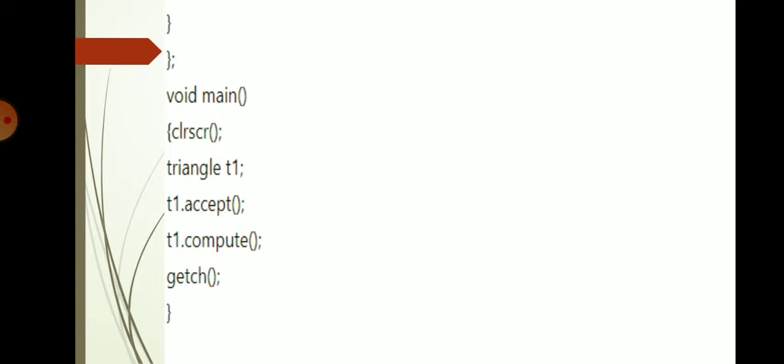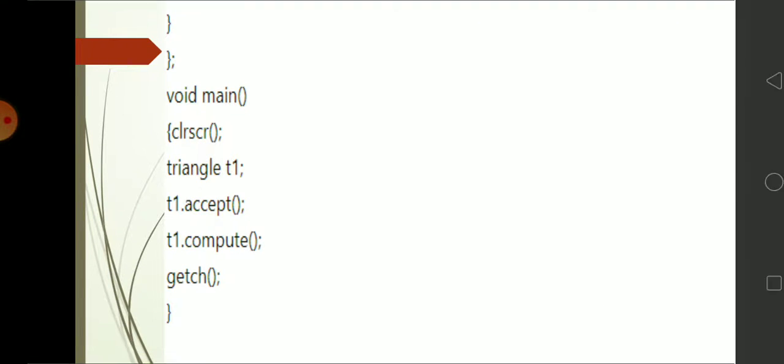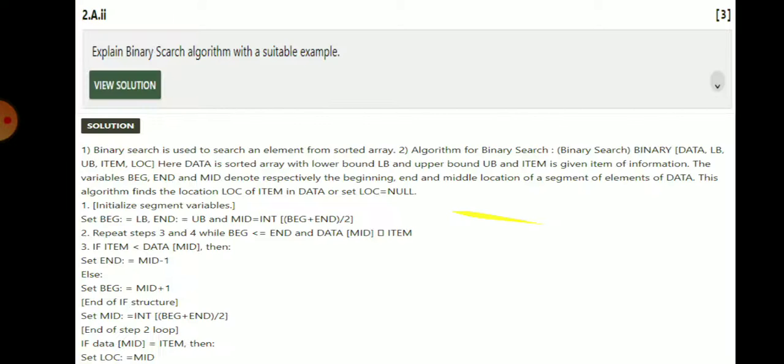Then close curly bracket. Then void main(): clrscr(); triangle t1; t1.accept(); t1.compute(); getch(); then close curly bracket.